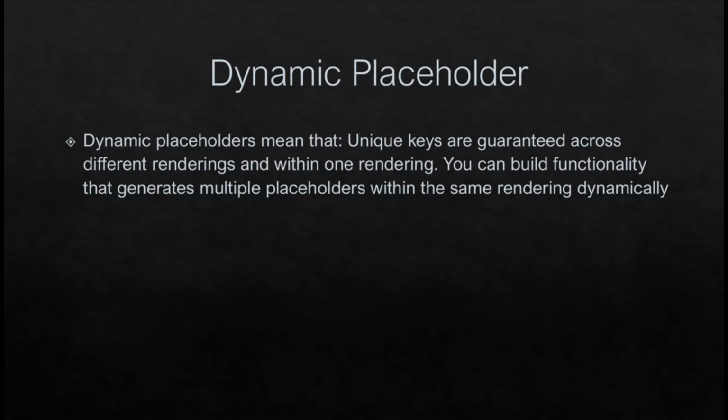So dynamic placeholder is nothing but each time you add a rendering using dynamic placeholder, a unique key is generated. That unique key helps us to maintain the data source. One example is static placeholder. What is the problem in static placeholder? The key is static, due to which the data source is shared across multiple renderings. Because the key is static, it is not able to identify which data source belongs to which rendering. So dynamic placeholder is not like that.